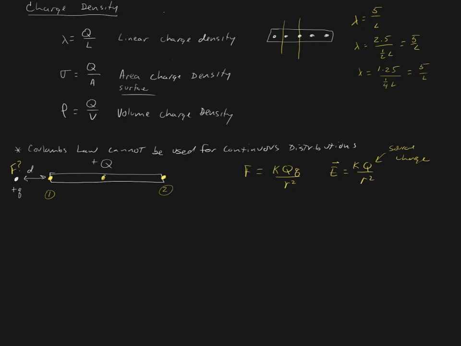And you can't just place it in the middle either. That is something that we did with center of mass, but that's not something that you can just do with your charge, because it's a 1 over r squared relationship. So the further away you get, the less effective the charge is at creating a field at the point you're interested in. So we are going to use Coulomb's law, but we're going to have to adapt it, because basically what we're going to do is we're going to use superposition